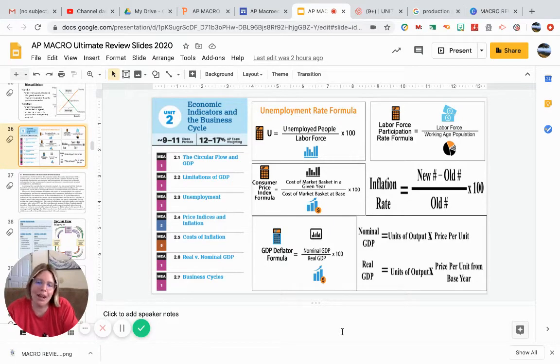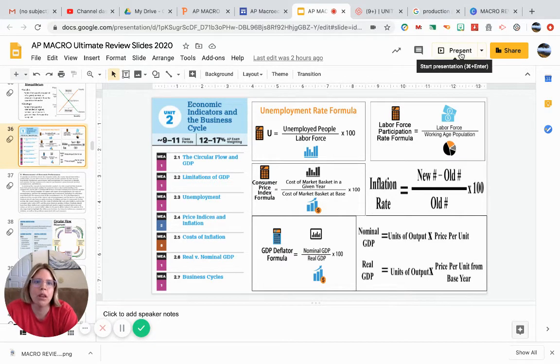Macroeconomists. Welcome back. We're doing Unit 2 right now, which the official title of this unit is Economic Indicators and the Business Cycle. But really this unit is all about measuring the macroeconomy. Basically, there are three goals that we have as an economy or as a country. We want to keep unemployment low. We want to also keep inflation low. And then we also want to be increasing GDP over time because we want to have economic growth, basically. So this unit is basically all about how do we measure the economy and how do we achieve those goals